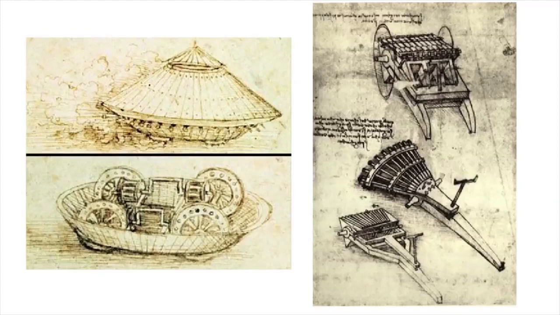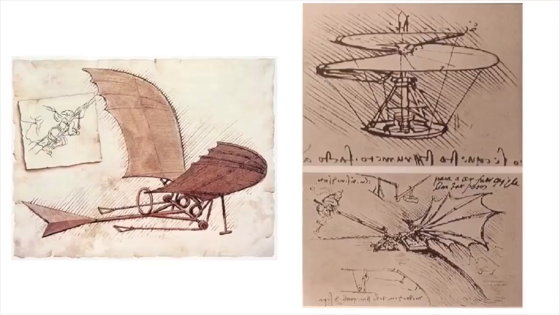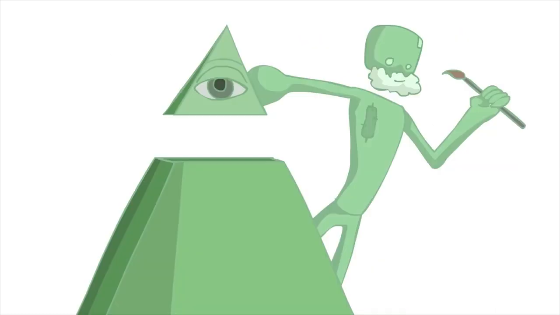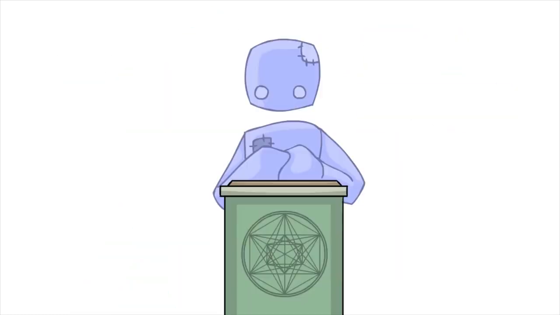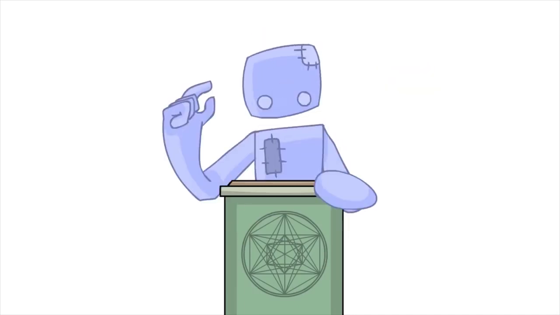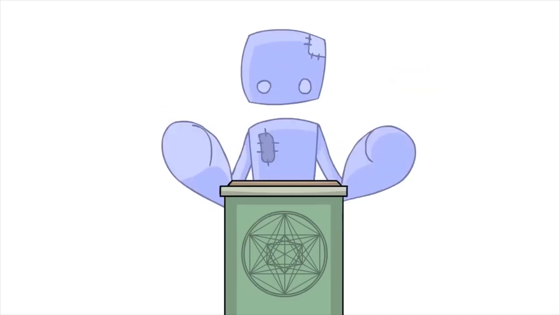Leonardo was able to invent such intricate inventions and designs because he studied divine proportion. Also, Leonardo was a master mason, and it's clear that he most likely got his original knowledge from them. Is the flower of life, among other things, the secret information that the Masons have been keeping secret for the last 1,000 years?